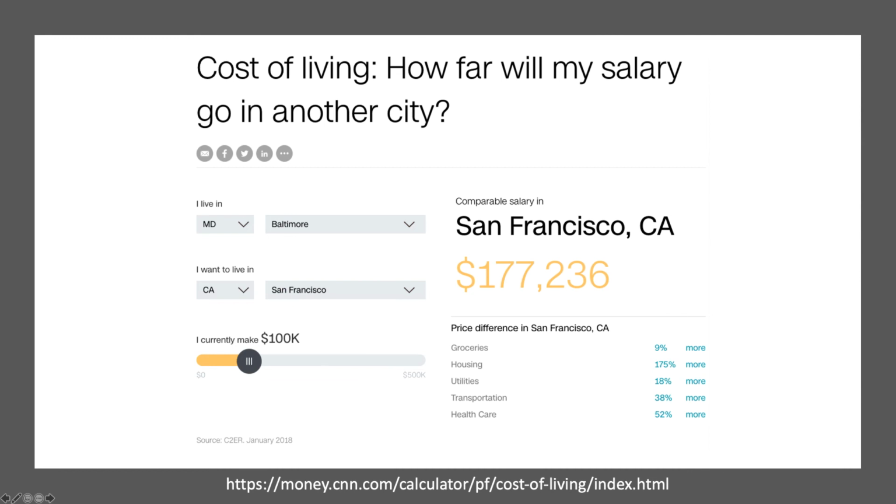Now, do you need to make $177,000 in San Francisco to be equal to Baltimore? No, not really. Actually, you need to make different choices. It just means that maybe the house you get in Baltimore could have 3 bedrooms, and the one you get in San Francisco is only going to have 1. So you'll likely make different choices. But just realize that cost of living is a major component of how we evaluate. So don't just look at